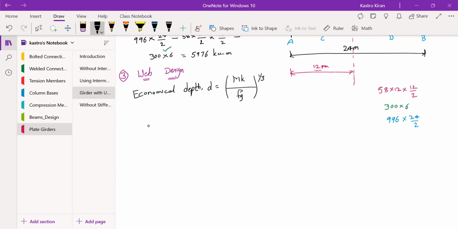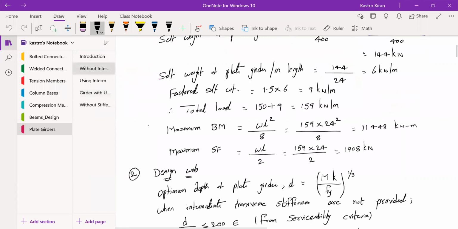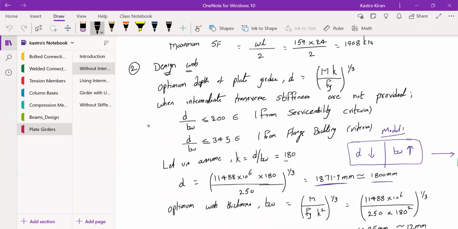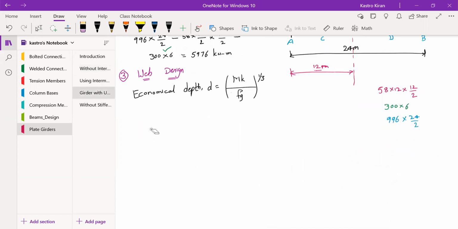So now here the K value has to be slightly changed. Okay, in the first two model problems, if you check, the value of K is taken as 180 in both the first model problem and also in the second model problem. Now in this kind of problem, that is when you have the combination of loads, you can use the value of K as 150. So remember, in the first two model problems, the value of K is 180 and here it is 150. Why is it 150?